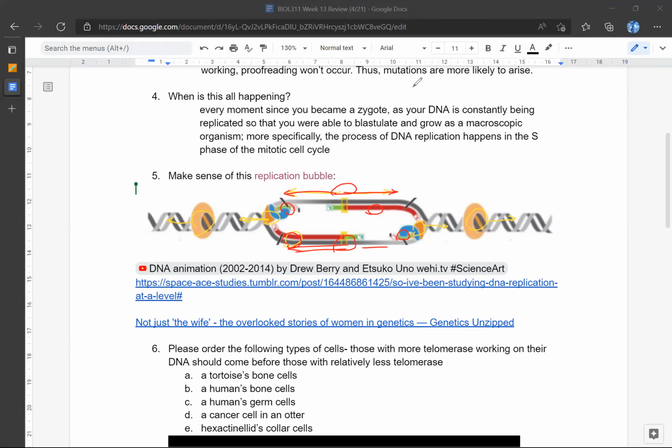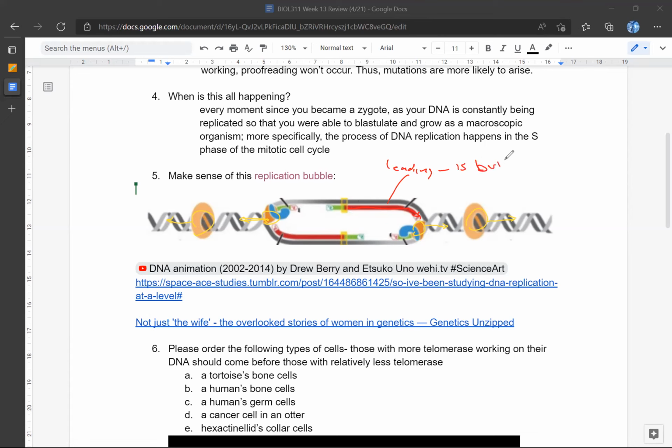Which direction is it going, Joseph? You're going to have to answer that question. Oh, actually, I guess you can't really see it too well, but actually, we do know. So we have this really long strand, and because it's not broken up into fragments, we can probably guess that it is the leading strand. And if the leading strand is going, or we know that the leading strand always